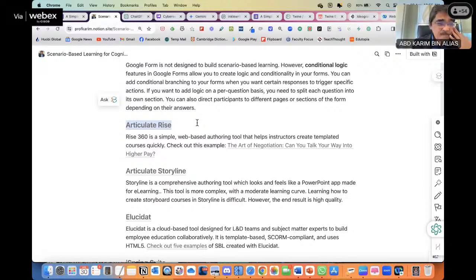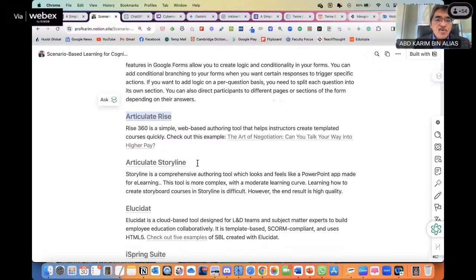So if you want to seriously develop scenario-based learning for your online course, maybe the university can purchase only a few licenses and install them on a few laptops, maybe at CDAE. When you want to use it, you come to CDAE and develop. I think that's the only way we can have Articulate Rise as part of the Articulate Studio. So we can buy one or two licenses for the university and put them at CDAE. Articulate Storyline is part of Articulate Studio 360.